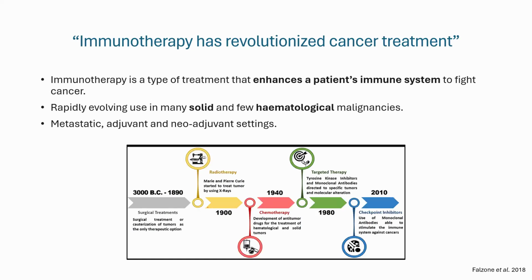So when researching for this presentation, across the literature in different articles, this phrase to say that immunotherapy has revolutionized cancer treatment seems to come up again and again. Essentially, immunotherapy is a type of treatment that enhances a patient's immune system to fight cancer or fight disease. If you look at the figure down at the bottom, this shows us the armamentarium of treatments available to treat cancers, and they stretch all the way back to surgical treatments in like 3000 BC, moving on then to radiotherapy, chemotherapy, targeted therapy, which was introduced in the 1980s, and then this immune therapy or checkpoint inhibitors, which